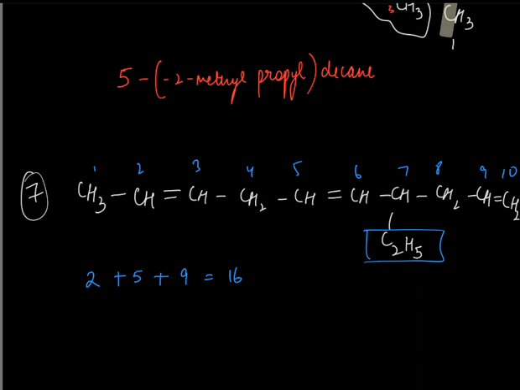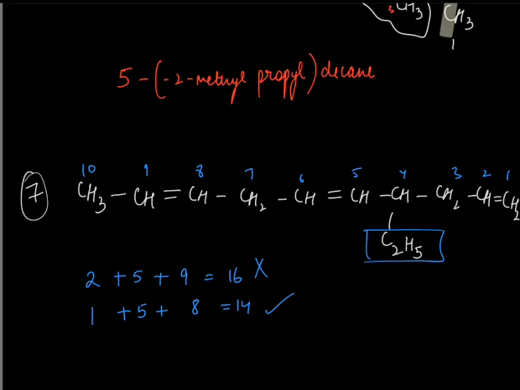Right? So now if we go from the right hand side, 1, 2, 3, 4, 5, 6, 7, 8, 9 and 10. Then what do we have? We have one double bond position at the 5th position, and at the 8th position. So this is going to be 14. Still, it's better, right? So we will not follow this. We will follow moving from the right hand side. So if this is done, the locant sum rule is done, that we figure it out.